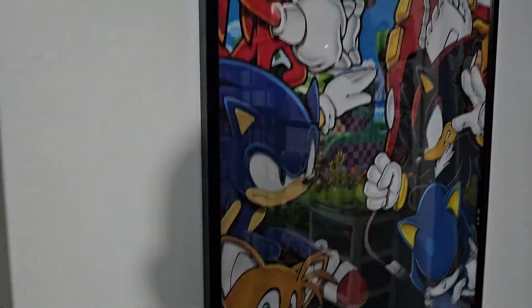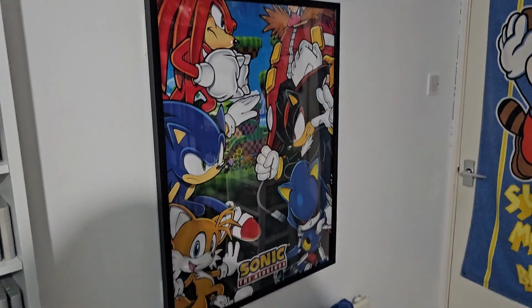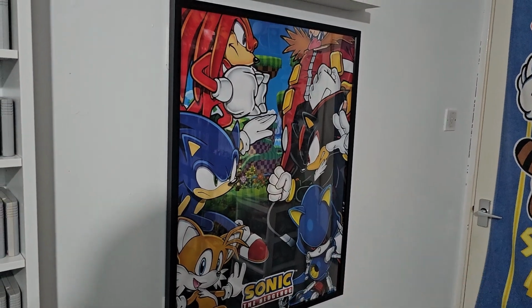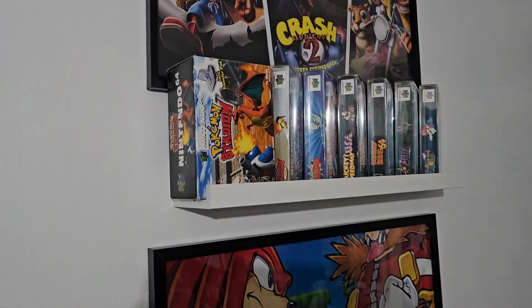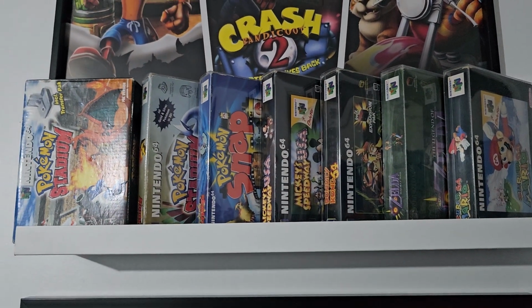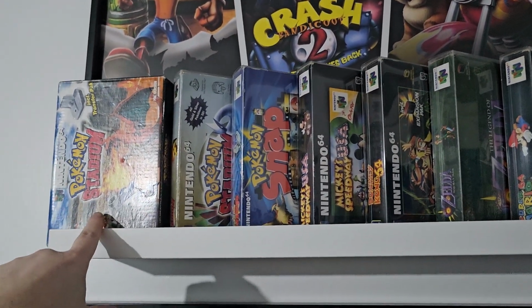I'm gonna hop on up here. Here I have my Sonic poster for Mazda. And then I got a frame out for like Dunelm. And I also have a shelf for N64 boxes. Most of these are complete, the exception being Pokemon Stadium